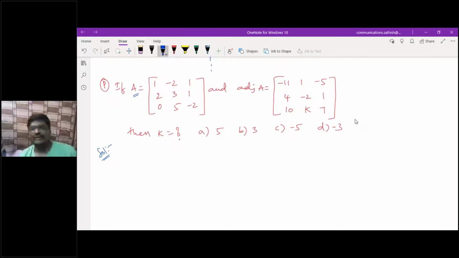If you want to minimize the time also, see, one way of getting the solution for this problem is as the person who gave the answer did, maybe using the shortcut given for the adjoint matrix. She converted the third order matrix into a fourth order matrix, directly calculated the adjoint, then located that K value. That is also one of the procedures, but I will suggest it as, so try to listen.